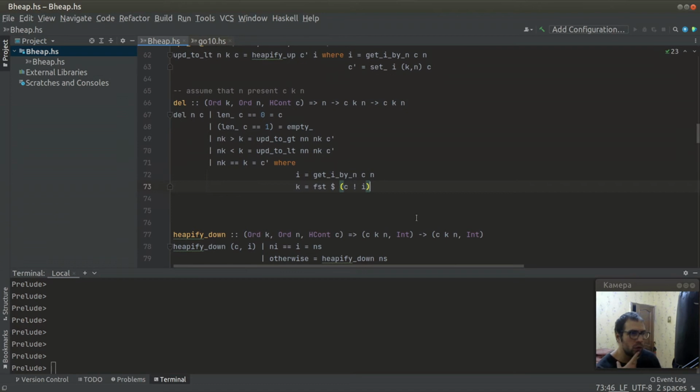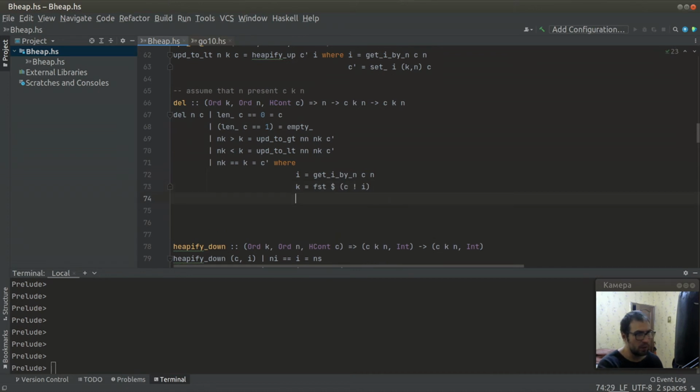and now we need to define our new node and new key. Actually, this is very easy, because to do this we need to just extract the last element in our array, like this, I think, and we can pattern match this thing into new key and new node, like this. Yes. Okay,